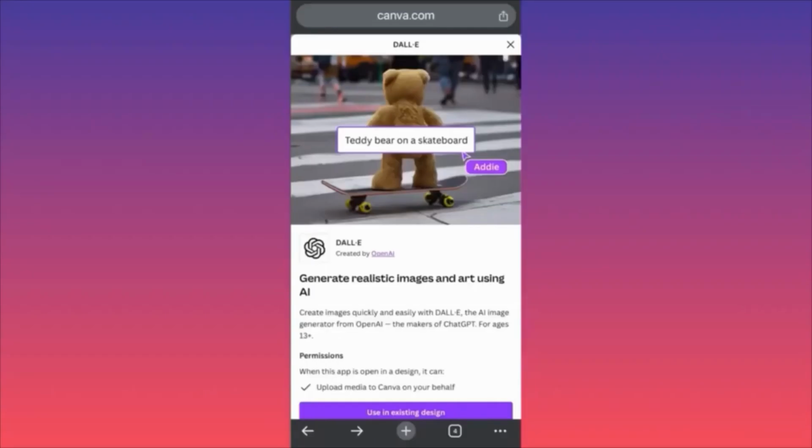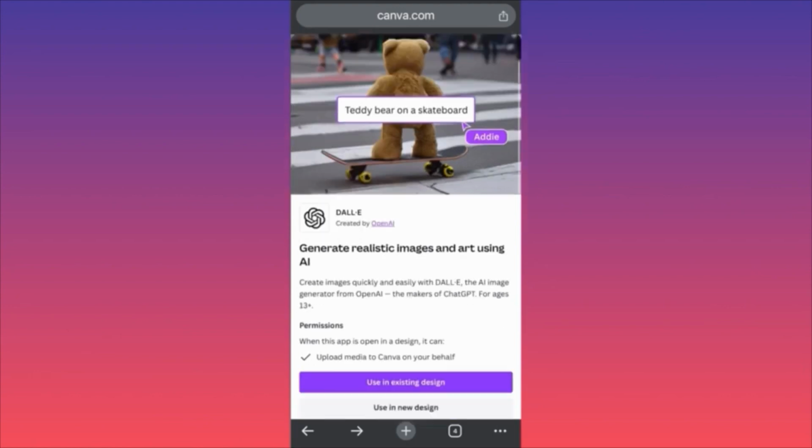Goodbye. Hi guys, in today's video I'm going to show you how to use DALL-E image generator inside the Canva app. It's a little different. We did a couple of videos prior, we made a couple of examples and case studies. If you're curious, you can see our results. We created a brand image, we created a couple of prototypes for products, so you can check out these videos as well. In today's video, guys, I'm going to show you how to create something different.